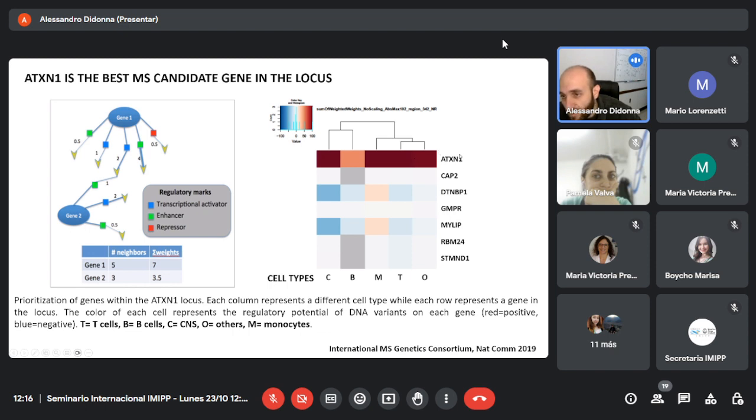And as you can see, ataxin-1 was the top one, the most associated in all the cell types that we tested compared to the other genes. So this was a confirmation for us that we could move on with the functional characterization of ataxin-1. And in general, for those of you who are curious,